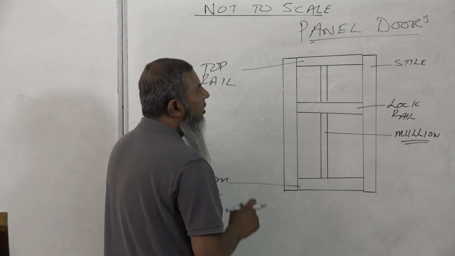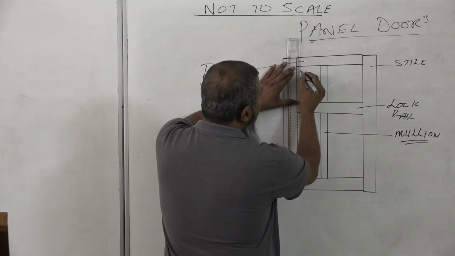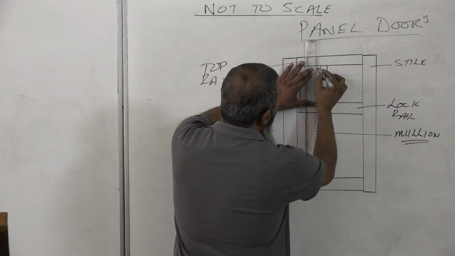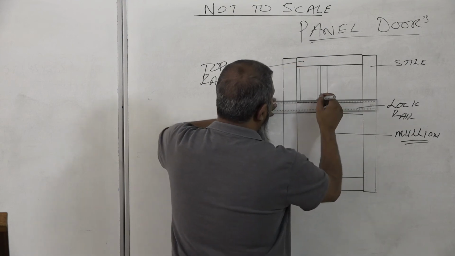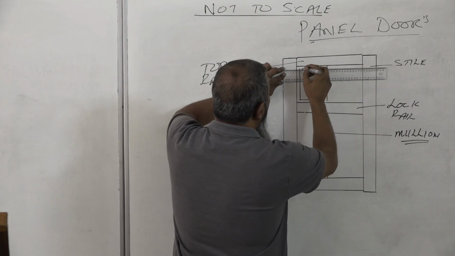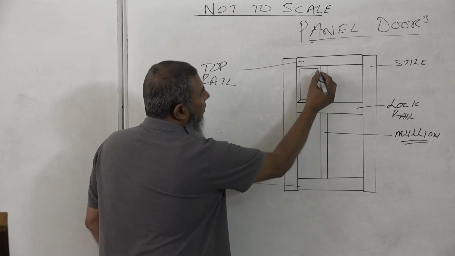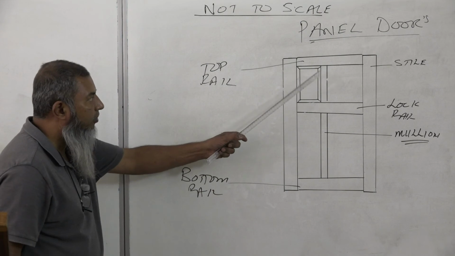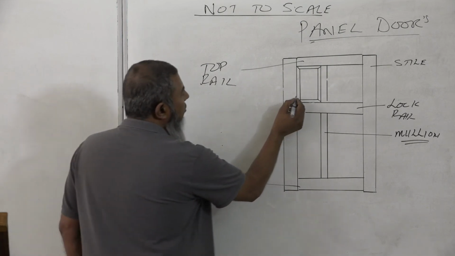If they ask for what we call a raised and fielded panel, all we do is we have our panels in the center. Our panel in the center like that. Once we do this here, in other words, we're cutting it at a 45-degree angle, we can see that that panel is different from that panel there. Clearly different. So this is called